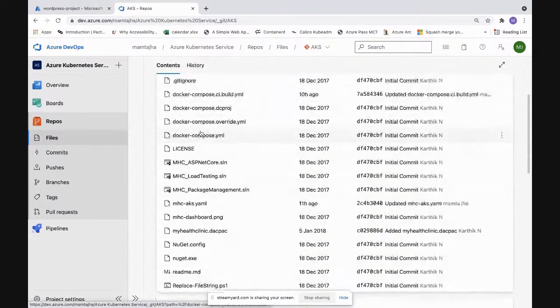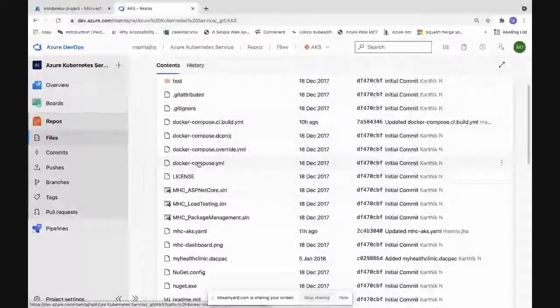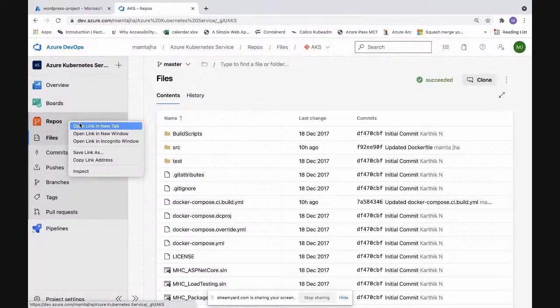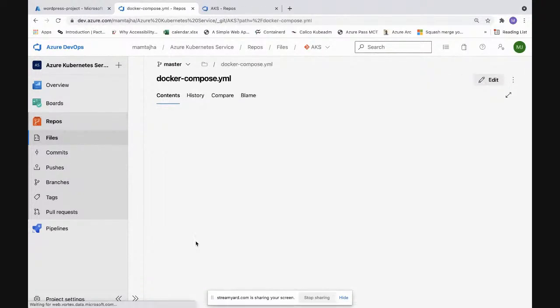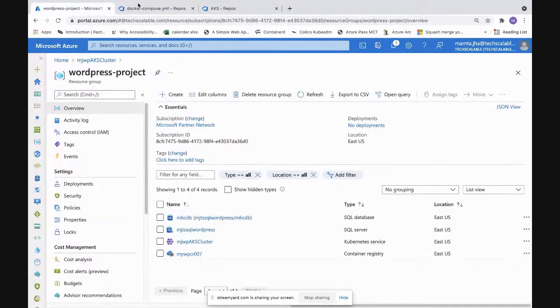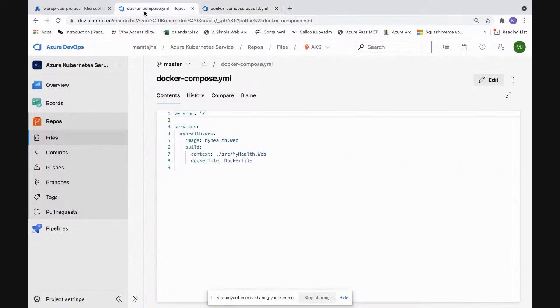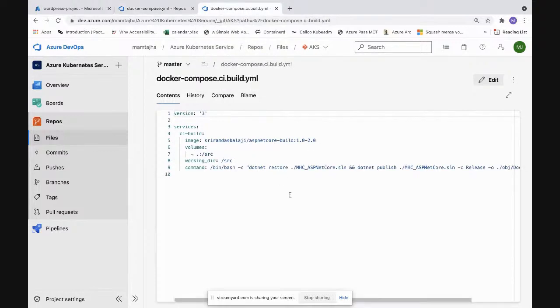So I have multiple compose related files here. Compose CI build is one, and then the compose is one. There are two different stages, stuff's being given over here. So let me go back there, and rather let me open a new tab. So I am building two different stuffs here. You can see here there are two different Docker files. One is called as Docker Compose and one is Docker Compose CI build.